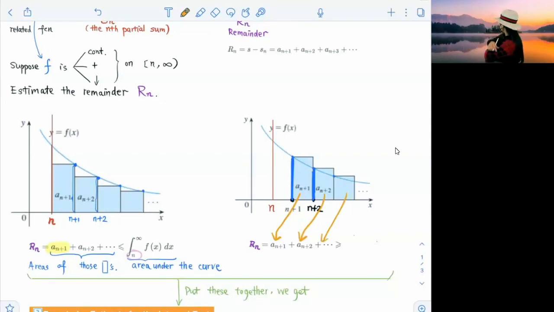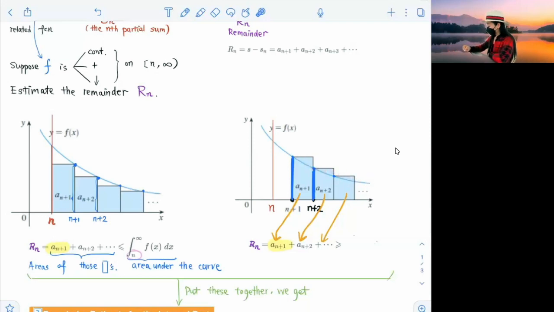Now, if you sum this up, is this R_n? Yeah, R_n starts from a_m plus 1 on, right? Okay, like this. Now, comparing this, because this is a decreasing function, when we use the left hand form, would those rectangles be above the curve? Yeah, above the curve. And this time it's going to go from,